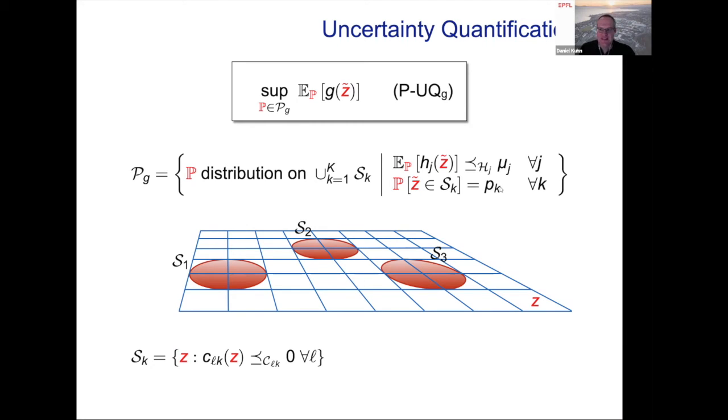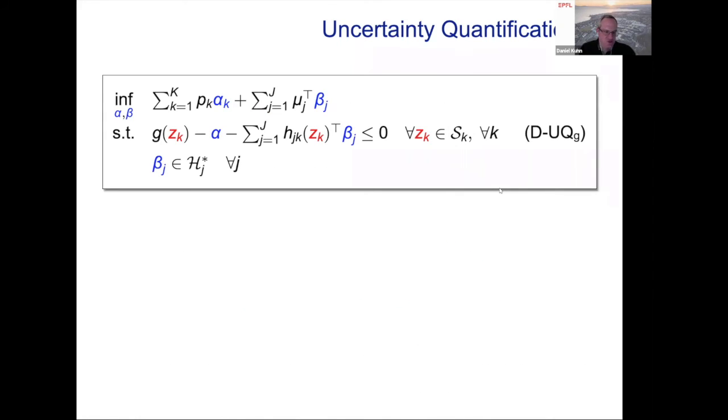We also assume that each set Sk is described through generalized conic inequality, as shown here in the formula at the bottom. So the underlying constraint functions are PCC with respect to the relevant cones here. In addition, we assume that the moment function h, or each of its components, so the component hj in the jth moment inequality, coincides with a generalized PCC function when restricted to any of the sets Sk. Okay, so it's just a simple extension of what we discussed before. Of course, it makes the notation much more cumbersome.